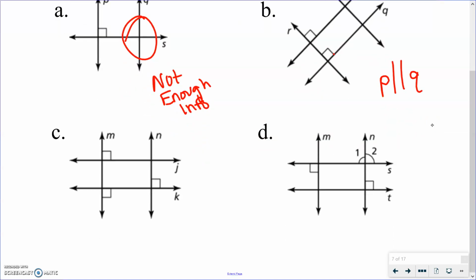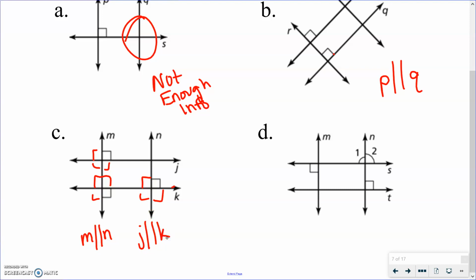Okay, now we're going to look at diagram C. We know that we have these parallel transversals. I'm going to tell you there is at least one set. There are actually two sets here. If you look at all of these, M and N are both perpendicular to line K, and J and K are both perpendicular to line M, and so M is parallel to N, and J is parallel to